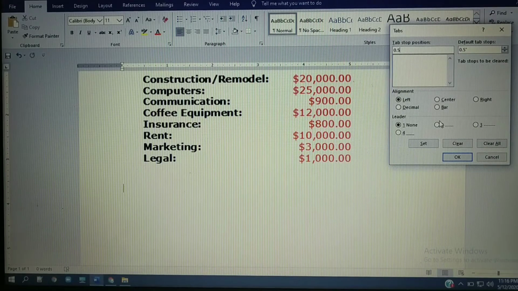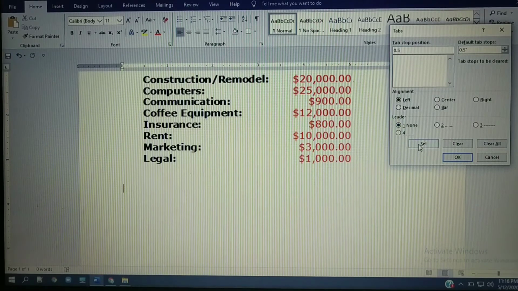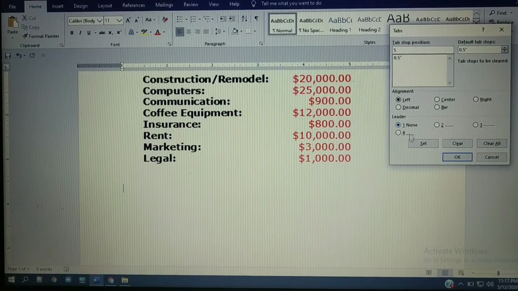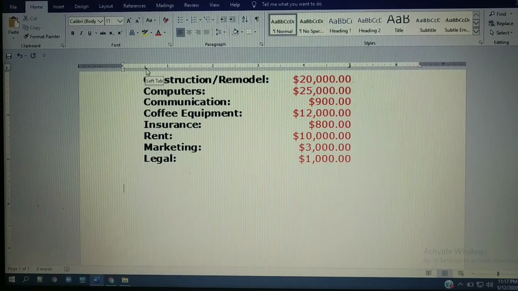Now I don't want any leader between both columns, so select none here and click on Set to set the tab. Next, for the second column, what is the stop position? Exactly 5 inch. And what is the alignment for that column? Right alignment. So select right and click on Set to set the tabs.